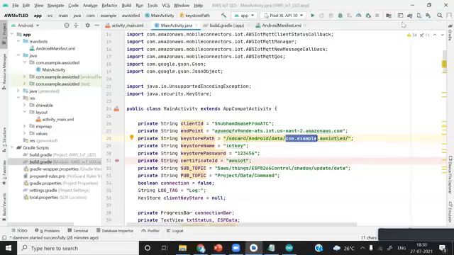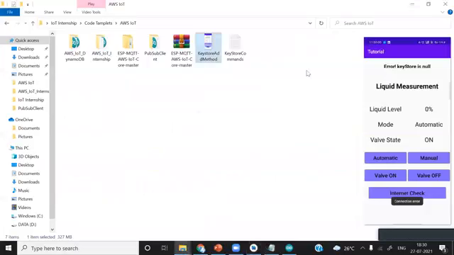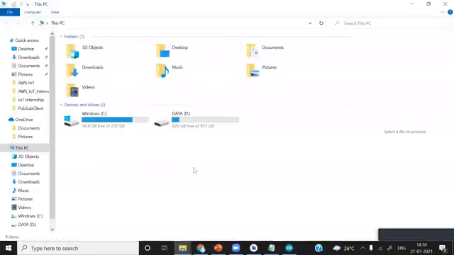Now I will discuss the second method. If you have your smartphone connected with your machine, I will just simply connect my smartphone now. I'll open this PC and connect my smartphone.